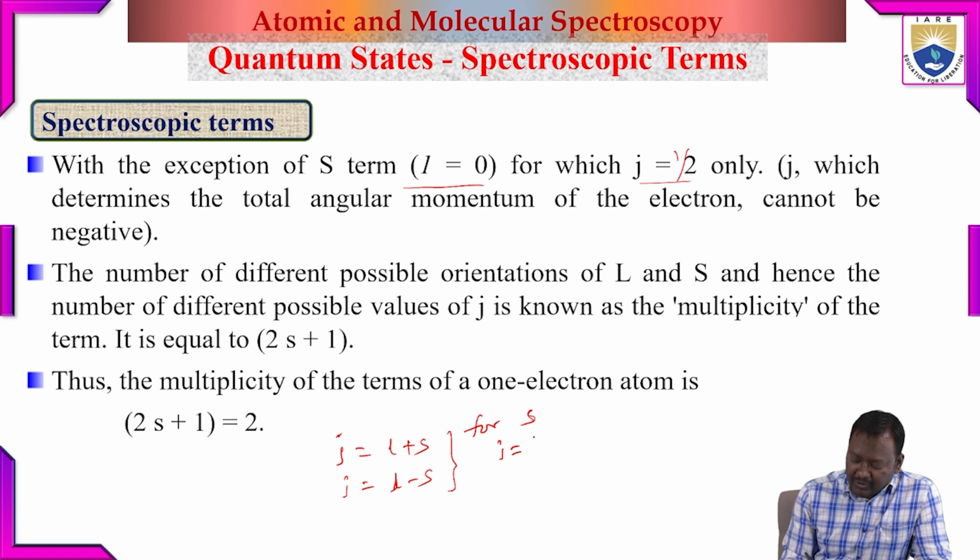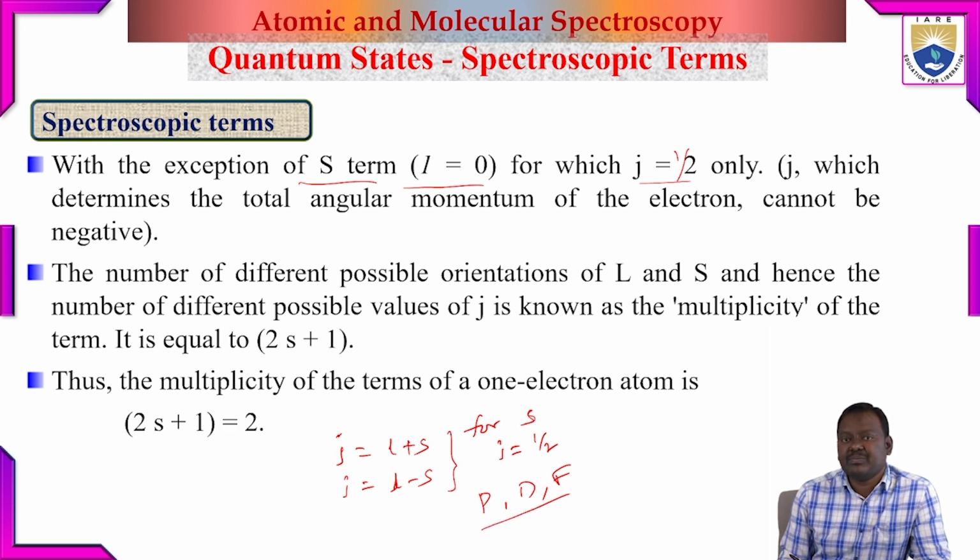So there could be only 1 by 2 value. The value of J could be only 1 by 2. There should be no two values. That means there is no splitting for the S term, particularly for L equal to 0. The remaining terms, either P, D, F, all these terms can have splitting into two separate